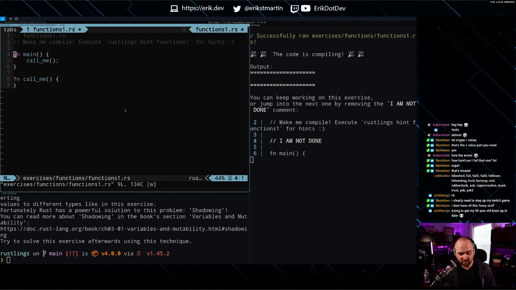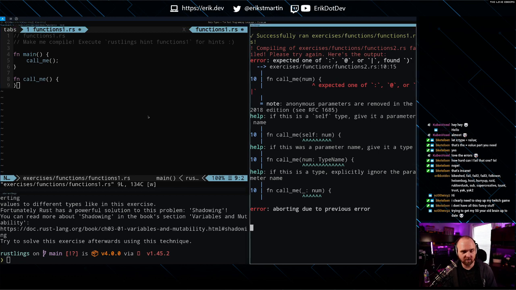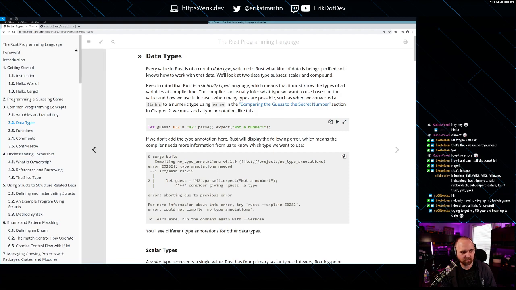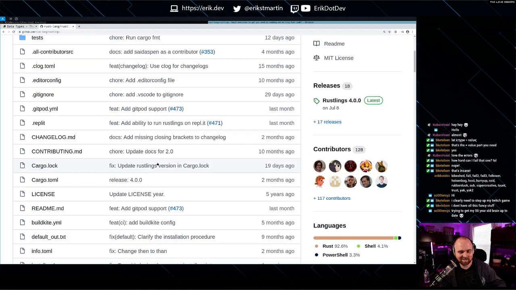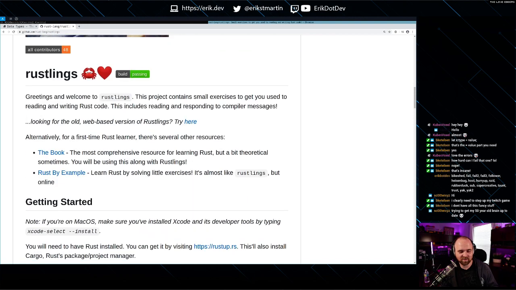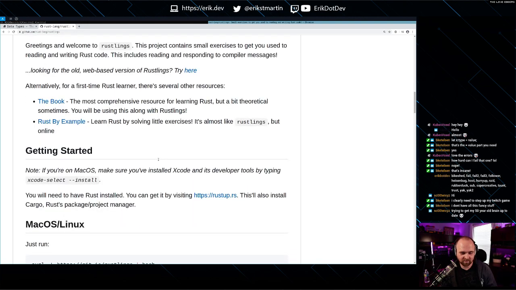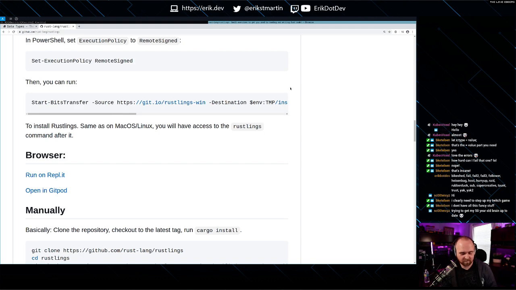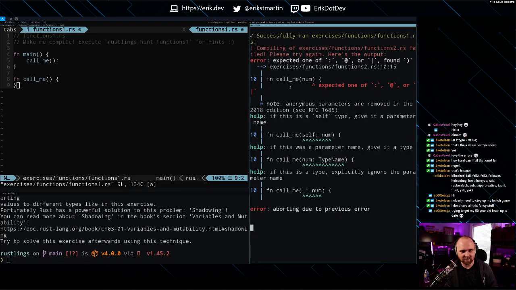So what we're doing right now is there's this cool project called Rustlings. So we've got the book for Rust here, but there's a project called Rustlings, which is like these series of challenges where it kind of gives you some broken code and you're looking at the compiler output and trying to figure out what you need to do to the code to get it to work. And I find like the struggling to figure out why something's not working, I learn better, so this is like right up my alley.